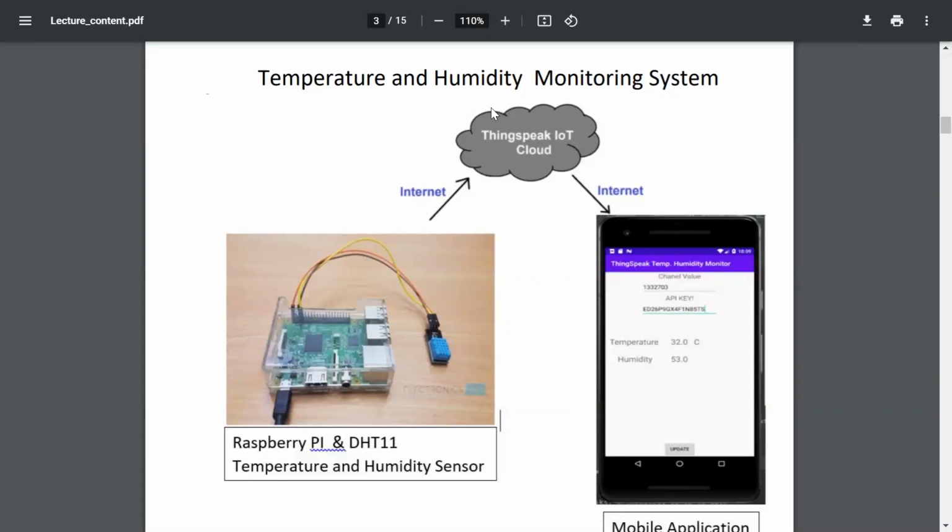This data is continuously uploaded to the ThingSpeak cloud. We are also going to write an Android application. That application will read data from the ThingSpeak cloud and display it on the screen. This is the overall view of the temperature and humidity monitoring system that we are going to develop.